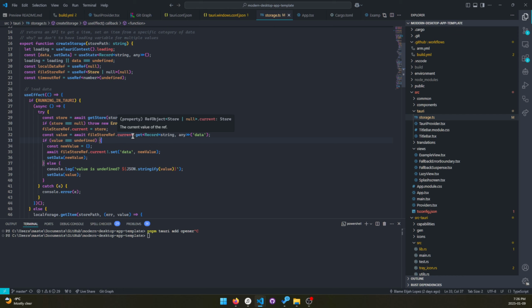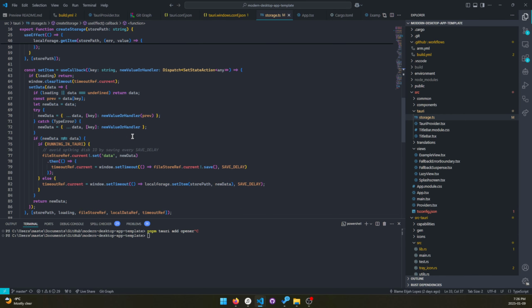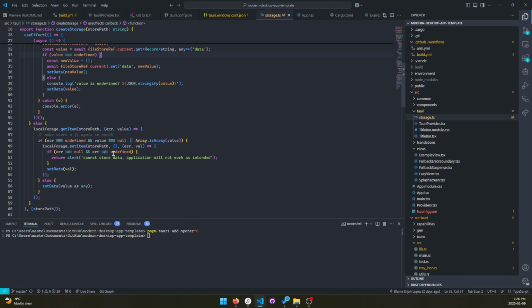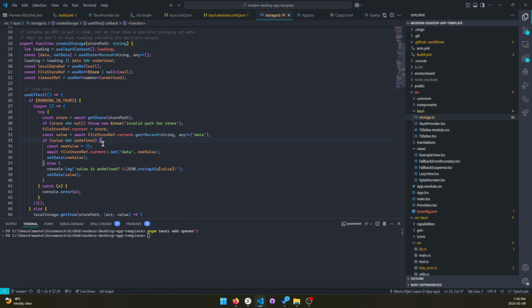And this is because it's just easier to compare data between the local storage and the data exported by your store. And what I mean by that is